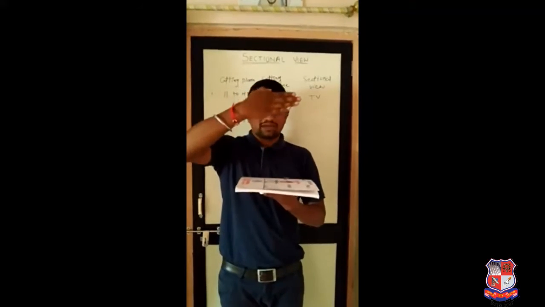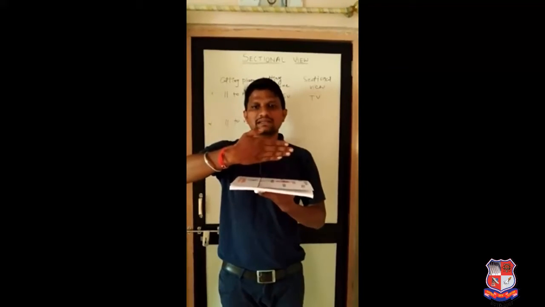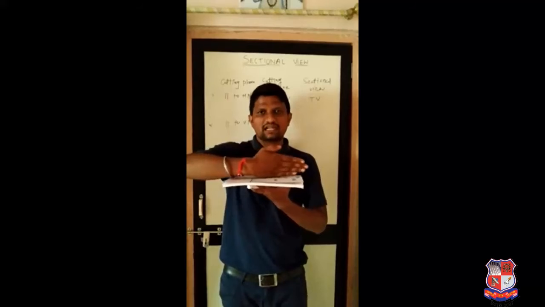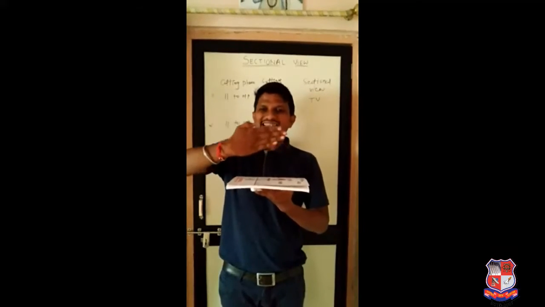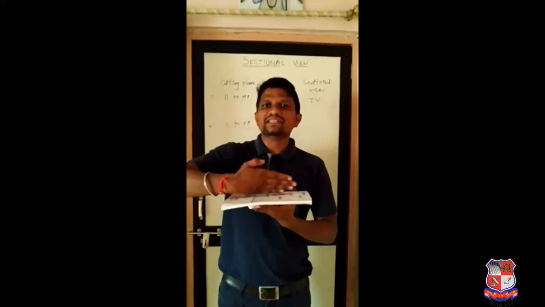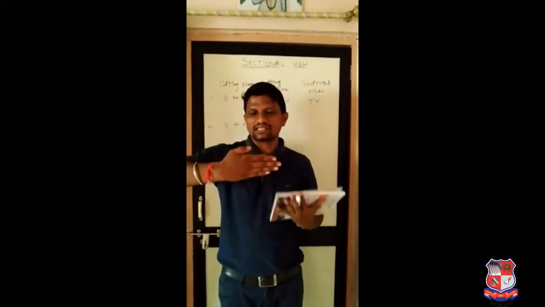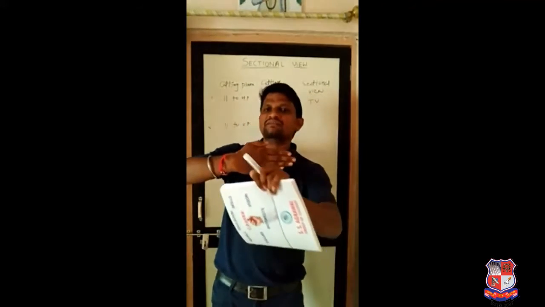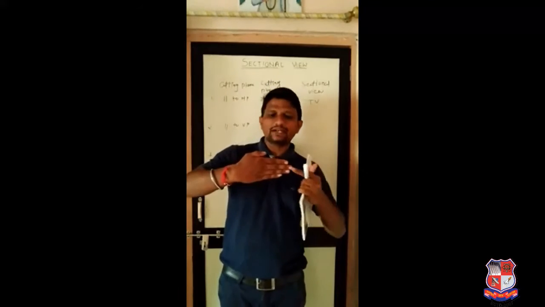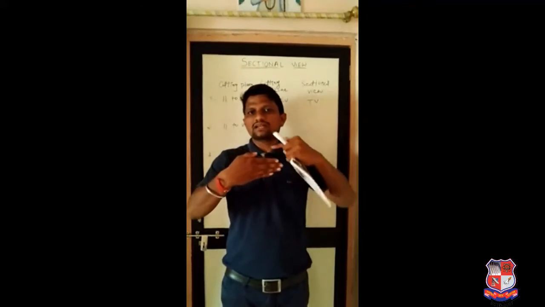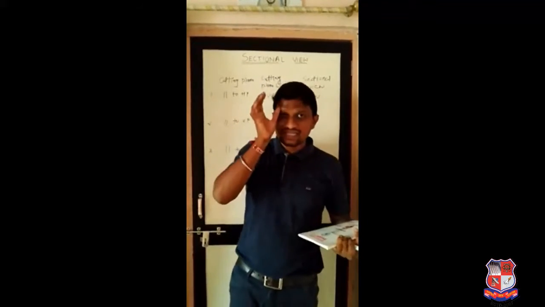So my hand is parallel to the vertical plane. We are going to cut the object with the help of a cutting plane which is parallel to the vertical plane. So the cutting plane line will be visible from top view as well as side view. This is the cutting plane, so the plane will be visible from front view. In the remaining two views, that is side view and top view, only a line will be visible, right? That line is known as a cutting plane line.